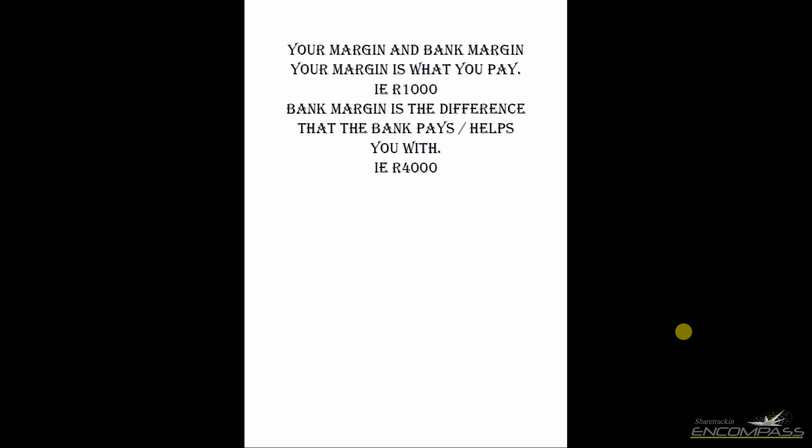Now, your margin and bank margin. Your margin is what you pay, so that might be 1,000 Rand. And then the bank margin is the difference that the bank pays or helps you with, i.e. 4,000 Rand. Now this is how we usually like to explain it when we're just starting out, because it's simpler. But the way that this actually works is, once again, you're renting the shares from Standard Bank. So Standard Bank already owns the shares that you'll be working with. So you might want to rent 5,000 Rand worth of shares from them,